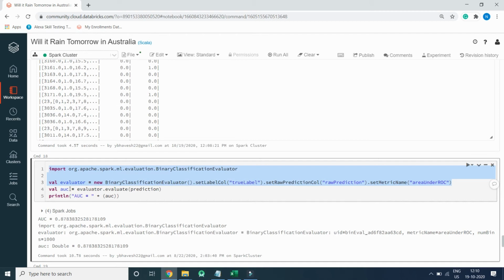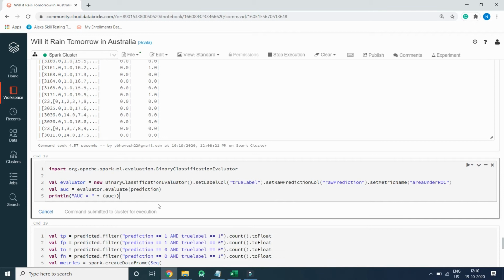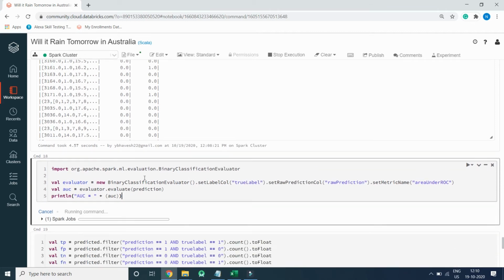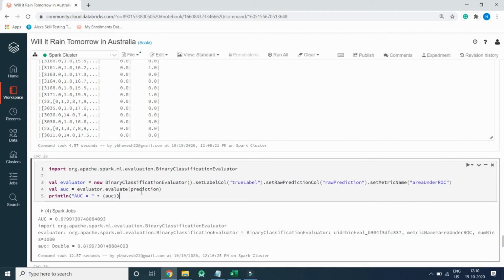So we will write val AUC, which is accuracy equal to evaluator dot evaluate prediction. So it will give us how much accurate it is. Every time if you run this code, you will get different accuracy, because we have divided the data randomly.